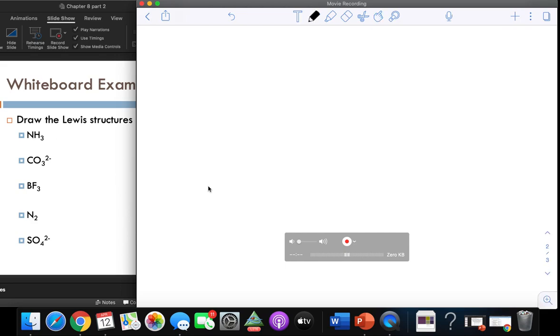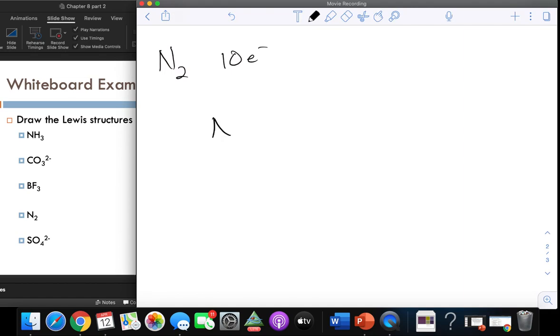So for N2, we've seen nitrogen a couple times now, I think, as well. Each nitrogen has 5 electrons, so it's 10 electrons for the whole structure. For a skeletal structure, if we only have 2 atoms, we're just connecting those 2 atoms. But in terms of our general steps, you want to pick one to be the central atom. So in this case, I'll just choose the left nitrogen to be our central atom